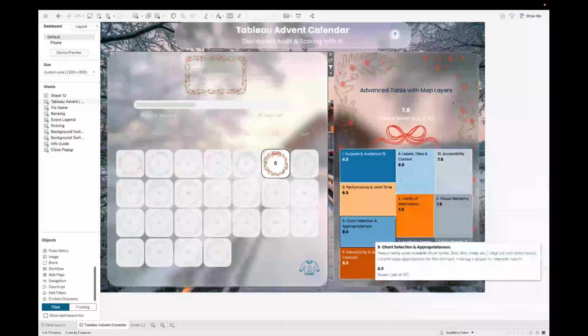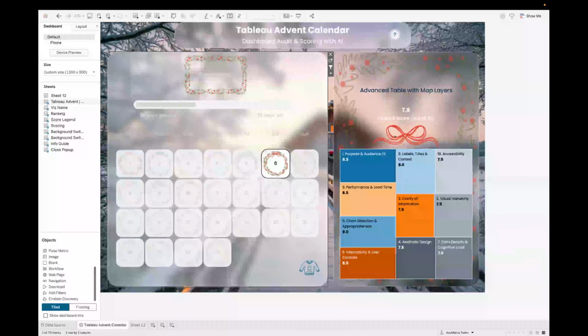And I wanted it to look like a present. So all of the backgrounds and images or icons that you see, I made those in Figma. Some of them though, well, actually a lot of them,